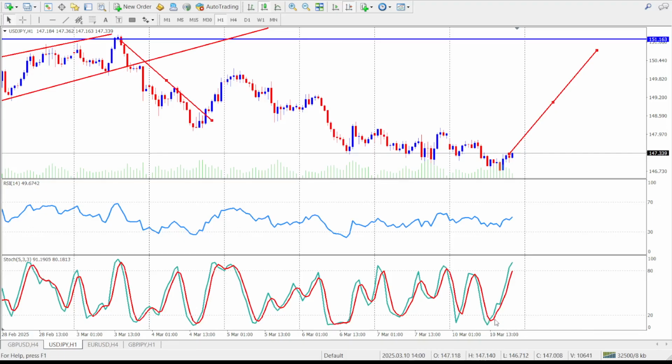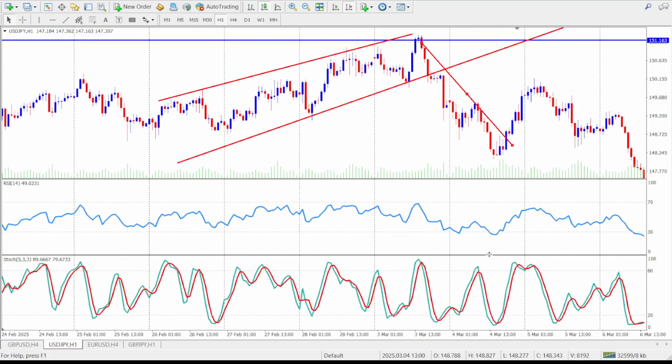When the %K line and the %D line cross in overbought or oversold zones, it can indicate a potential market reversal. Now, one effective way to use the stochastic oscillator is to combine it with RSI for stronger confirmation. If both indicators show overbought or oversold signals at the same time, for example,